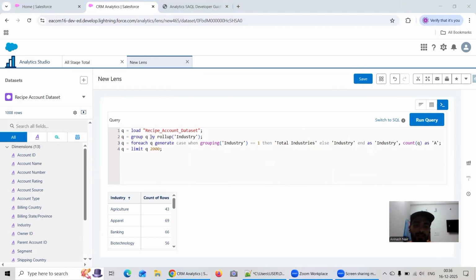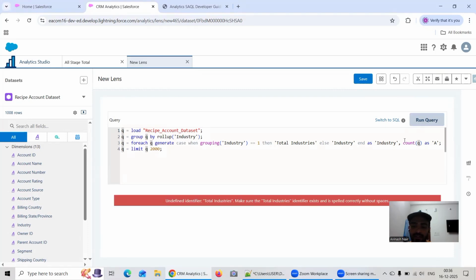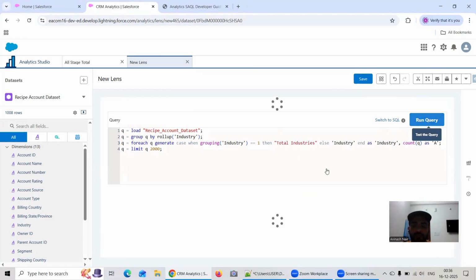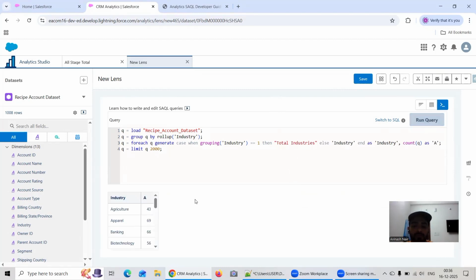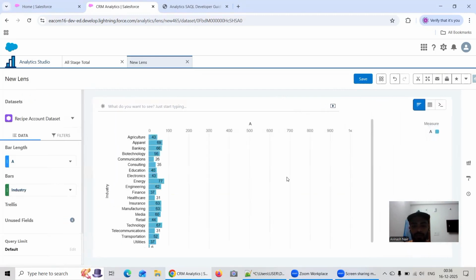So here I am first of all rolling up the industry, and I'm writing generate case when grouping of industry equal to 1, the total industry. Here I have to give it in double quotes. Now as you can see, if you also have the blank, that blank which we are getting due to the roll up is going to get replaced by total industry. Now if I go to chart mode,